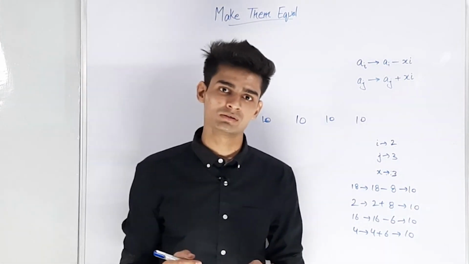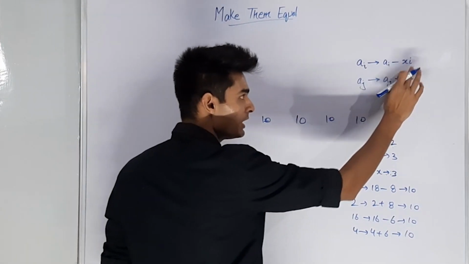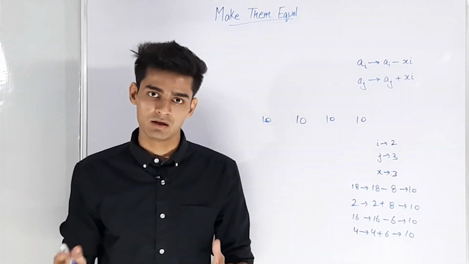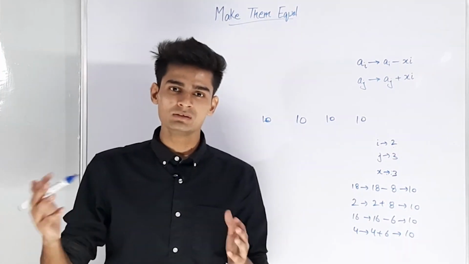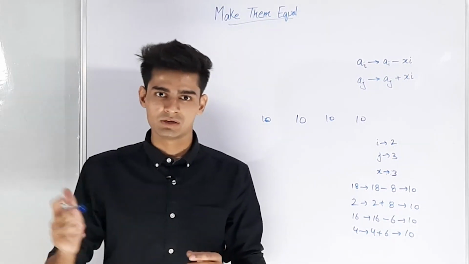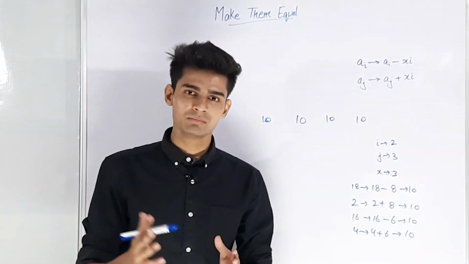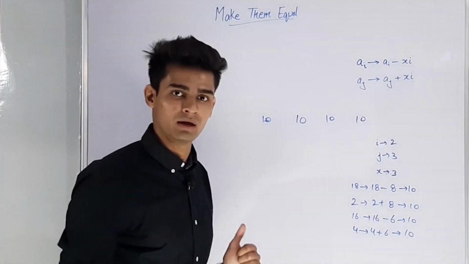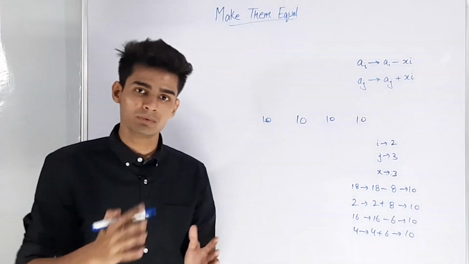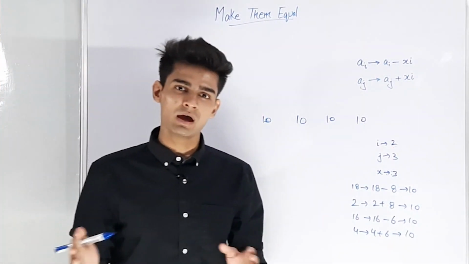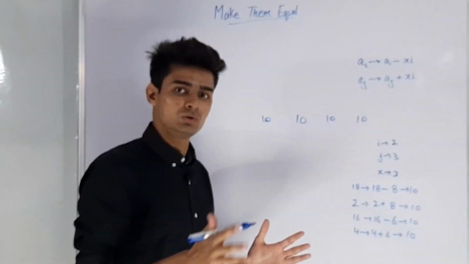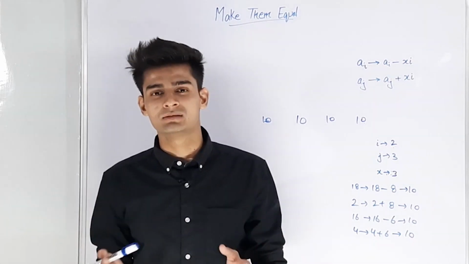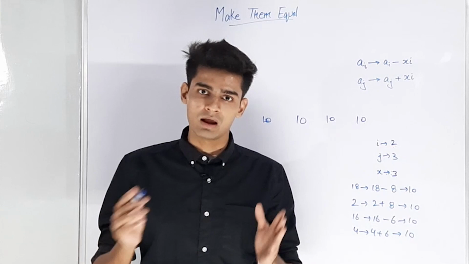So the very first thing to notice is that in every operation we are removing x times i and adding x times i, which actually means that after each operation the net sum of the complete array will always be the same. Therefore we can say that we'll only have a solution if this sum is divisible by n. Now let's say that the sum is divisible by n. If you see, this x times i is always dependent upon i, therefore the value that we add or remove has to be a multiple of i. But if we fix our i to 1, we'll be able to add any value to any index which is not equal to 1. But for doing that, we have to first make the values at all the indexes 0 and then iterate from 2 to n and add the average value.